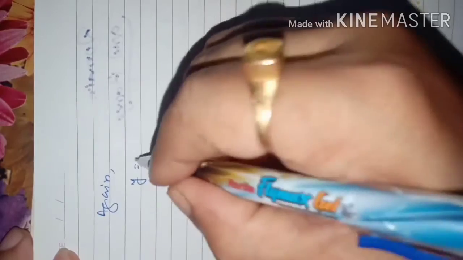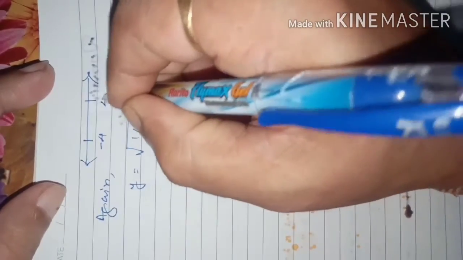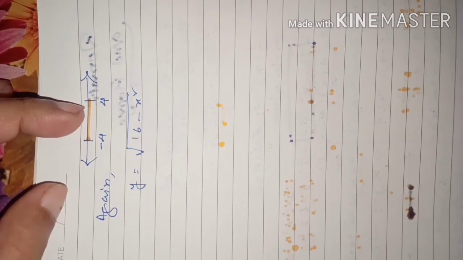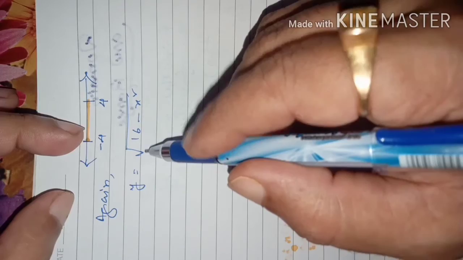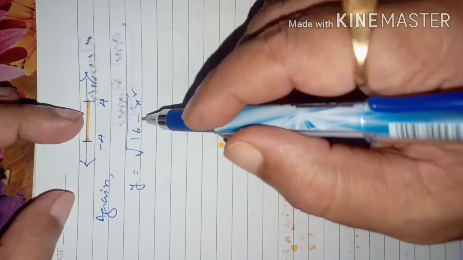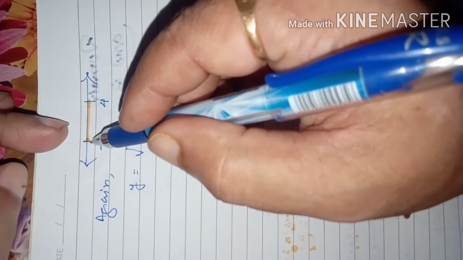Now let us think about the range of this function. Again, y equal to under root 16 minus x square. The domain is from minus 4 to plus 4, including minus 4 and plus 4, and any value in it you can take. So just think, if you take here minus 4, what will be the first value of y that you will get? 0. And if you take here plus 4, then also it will be 0. When you take minus 4 and plus 4, the result is 0. That means the lowest value of y will be 0.